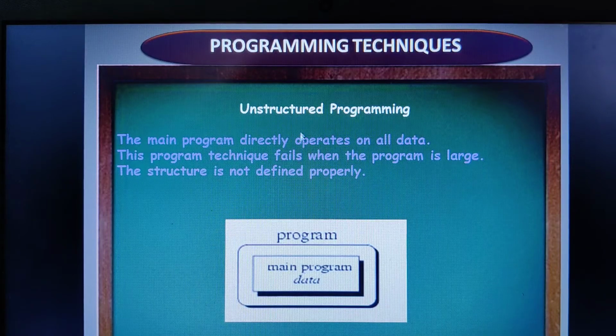But the disadvantage of using unstructured programming is that this technique doesn't work well enough when the program becomes very large. If it has 5 operations or around 10 operations, this may work fine. What if your program is too lengthy? If the program is too large, it is very difficult to handle with the unstructured programming technique, because at a certain point of time, if the same set of statements is required at different locations within the same program, then the sequence of those statements has to be copied depending upon the number of times it is required.